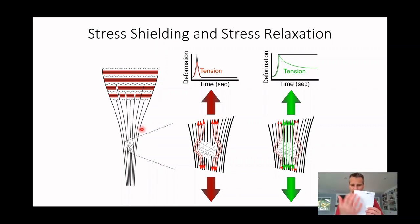Instead of the load going through equally, because we know that this tear is a weak spot. And if this weak spot is here, why isn't it causing this whole tissue to tear? The reason is that this whole thing is made up of fibers, just like the collagen fibers that make up your tendon. When we've got an injury, this weakness here will be filled in quickly by healing tissue, but then most of the load has to go around to allow the healing to occur. This is a process called stress shielding, where all of the strong molecules in the tendon take on the load so that the load doesn't have to go through the weak part of the tendon, and so that we don't